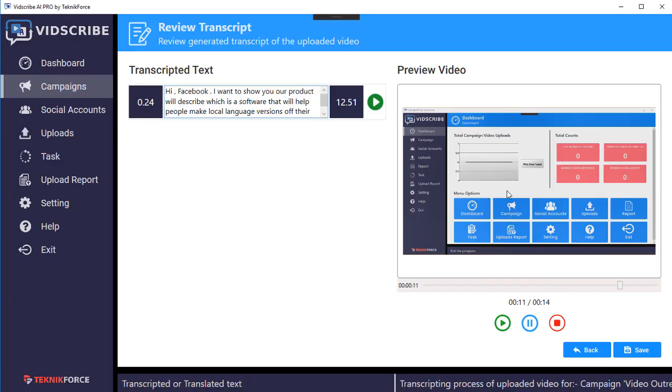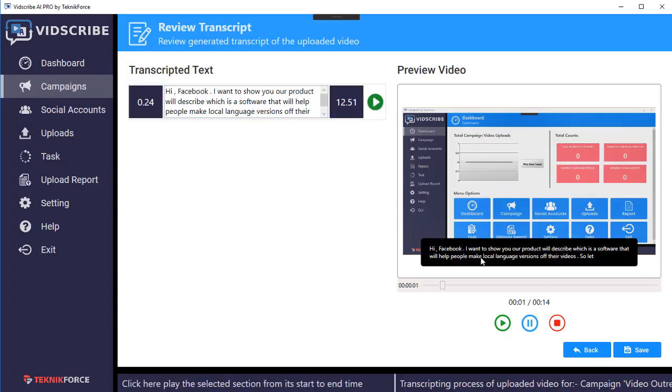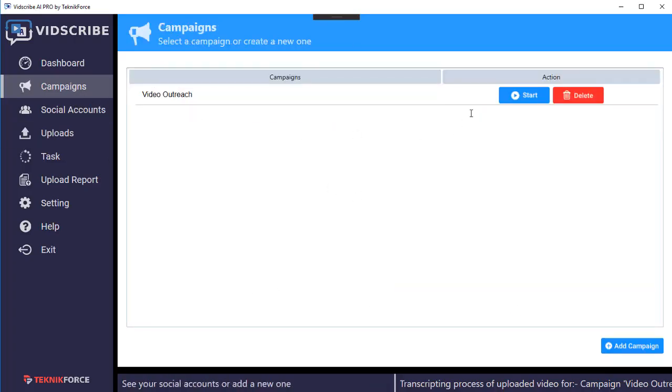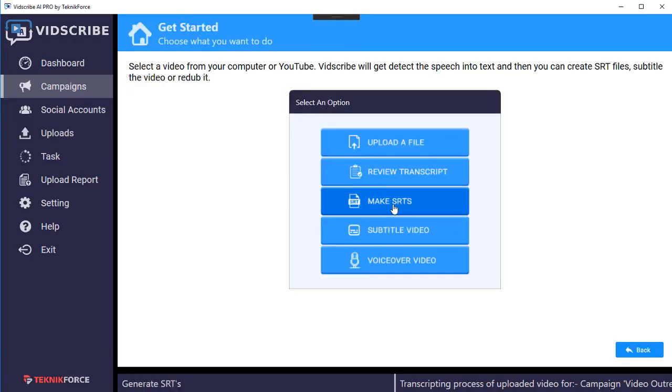So if you've got a longer audio, you'll see multiple text here, and you can click the play button to see a preview of the overlay, and it's gonna read out the sentence so that you can understand how it's gonna look. So once you're satisfied with the transcript, if you want to make any changes, you can do so. Once you're satisfied, click on save, and then click on campaigns, come back, and first thing we're gonna do is